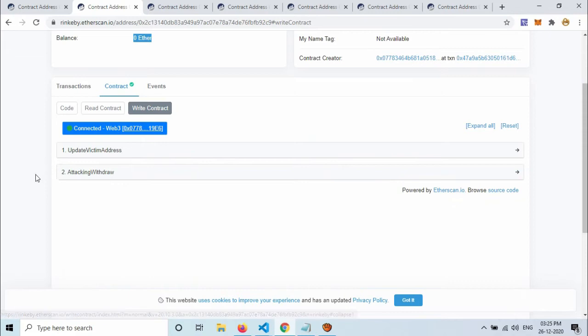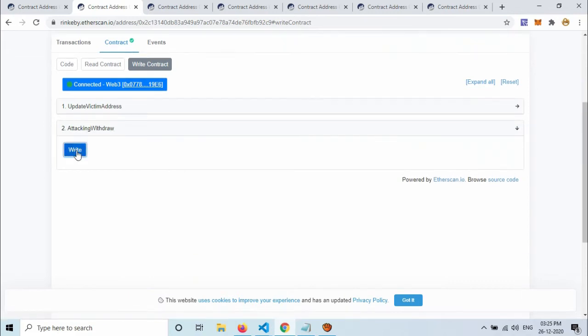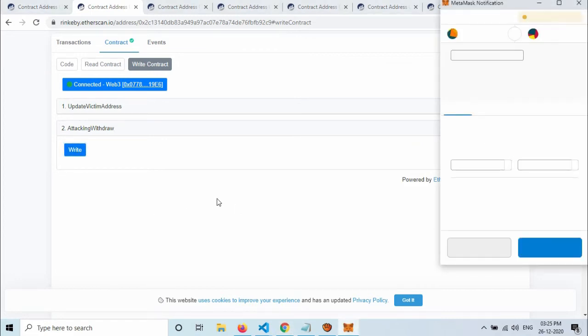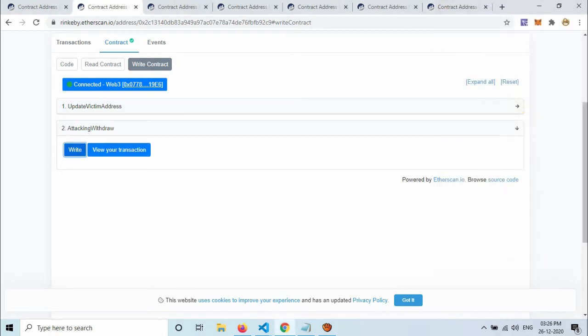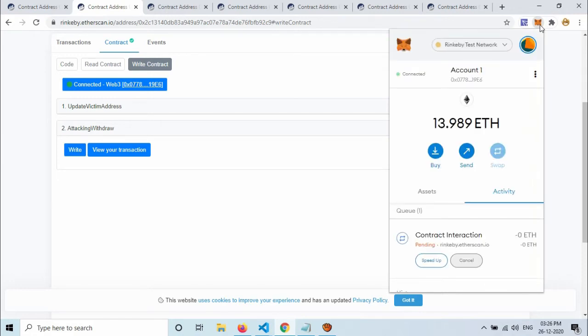Go into the right section, calling this attacking function, clicking on write, and I have to confirm this transaction by increasing the gas a little so that the call will not fail, and sending this transaction. Now let us wait for the transaction to confirm, and then we will check the balance of both contracts.